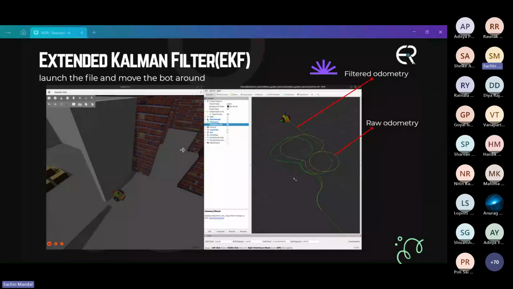Now launch the file and move around. You observe the raw odometry in yellow, which starts drifting and is noisy, relative to the filtered odometry, as you see in the green color.